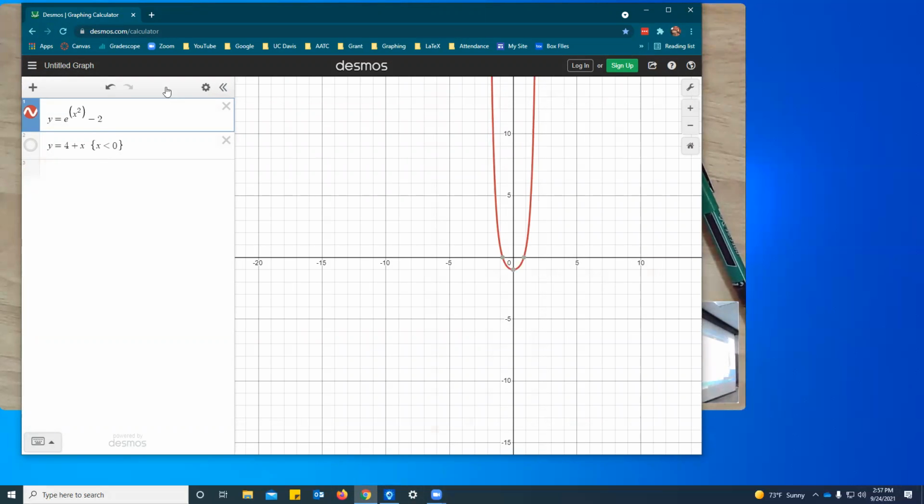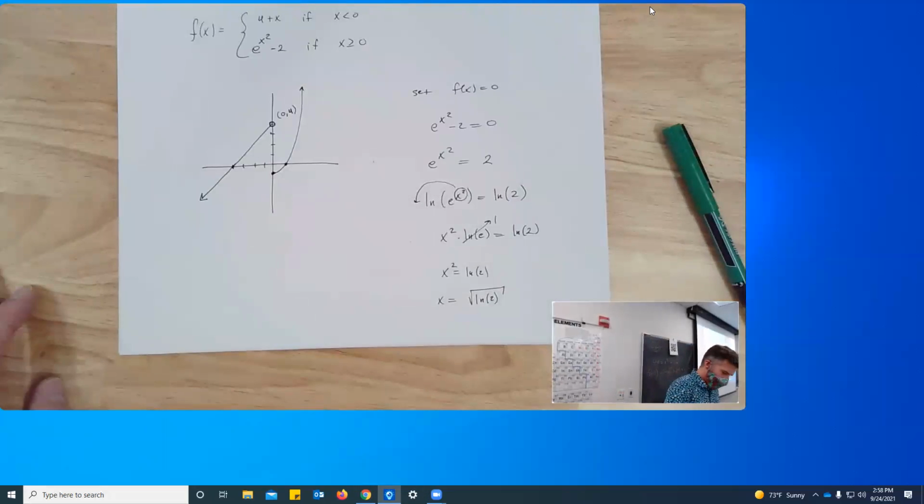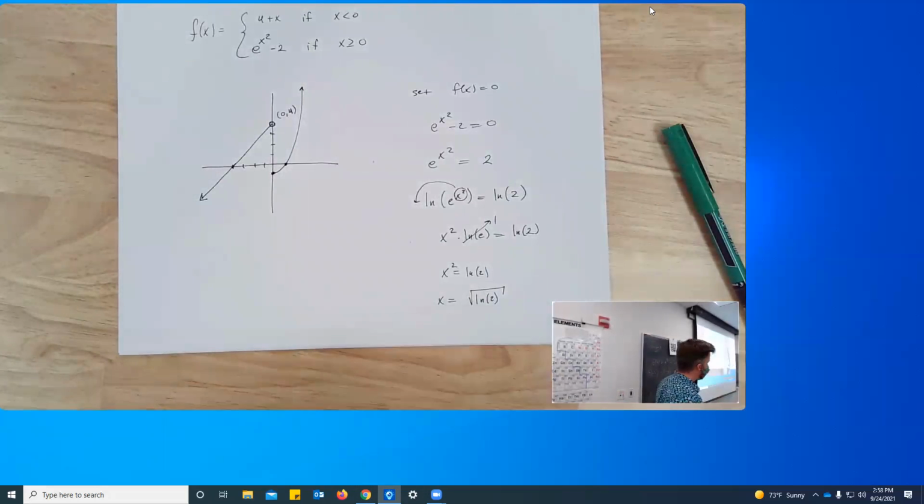Right, then you would have both the square root of the natural log of 2 and the negative square root of the natural log of 2 as x-intercepts. Yeah, piecewise function. So what I'm trying to say is you want to graph a piecewise function by kind of just,